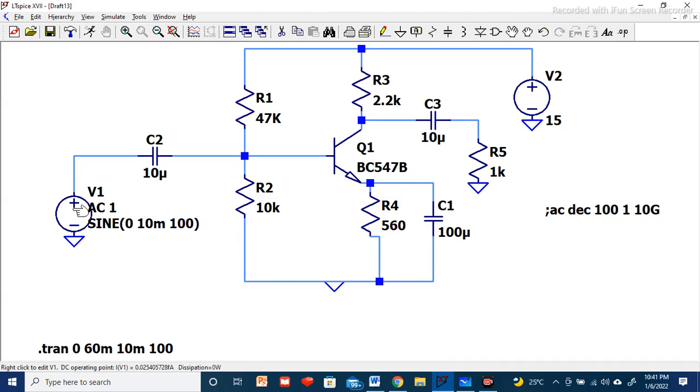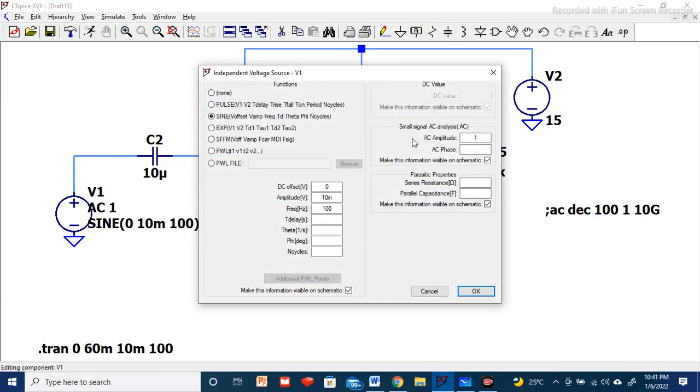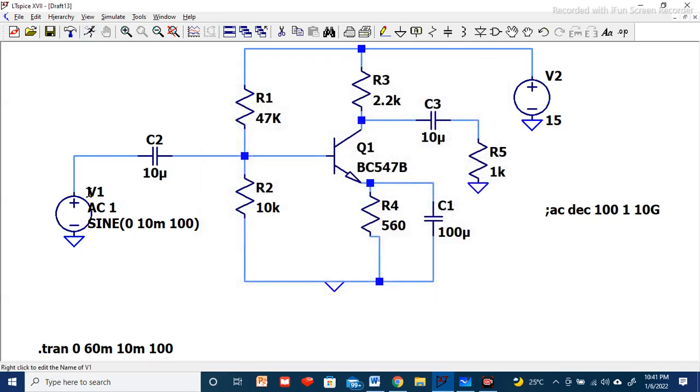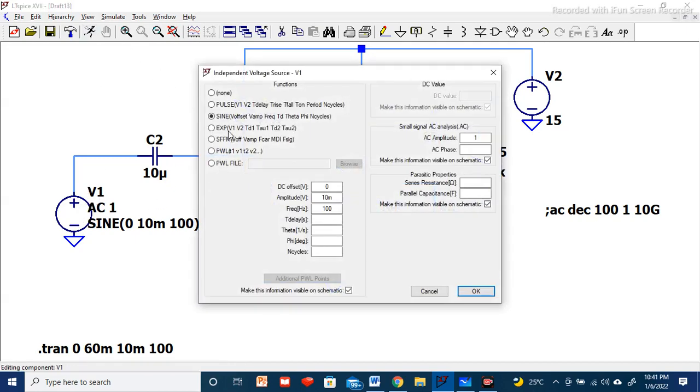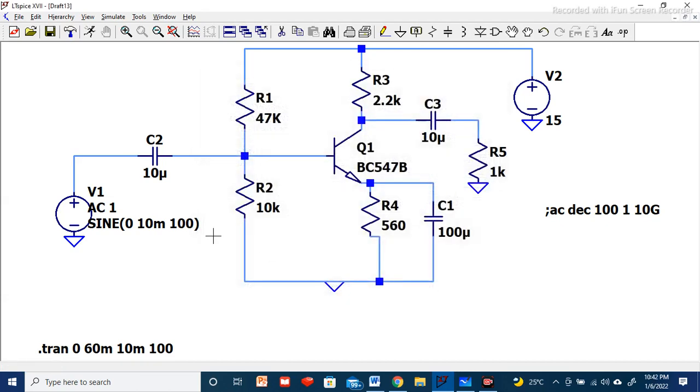Now when we are selecting the voltage source here for doing the transient analysis, we have to right click here, and here we are defining, see this sign V offset, V amp and all those things. This is for the AC analysis purpose. When we are giving all these values, we are not going to do anything here.